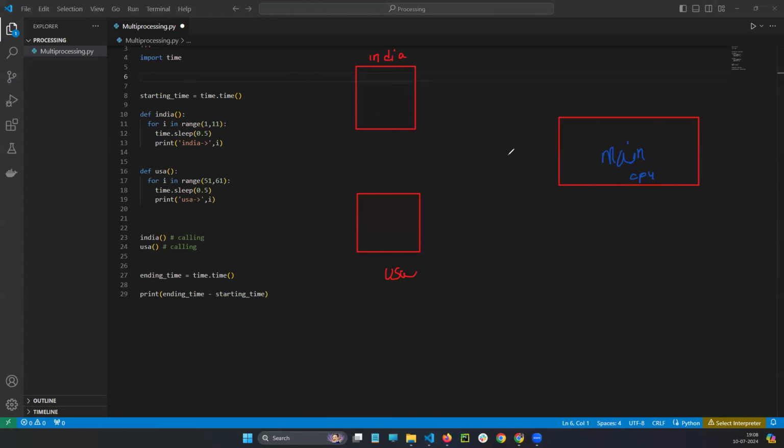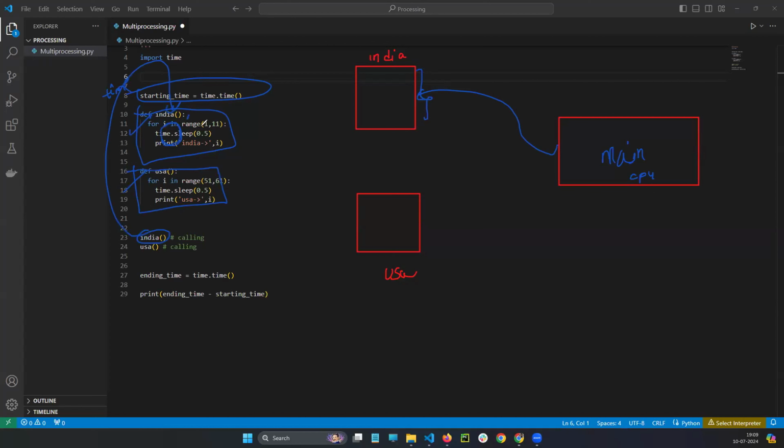Now what I am doing here is, in the first function, I am recording the time. One function I created. It will take some time to create another function. And I'm telling the CPU to call this particular function, so it will go inside and execute the loop.